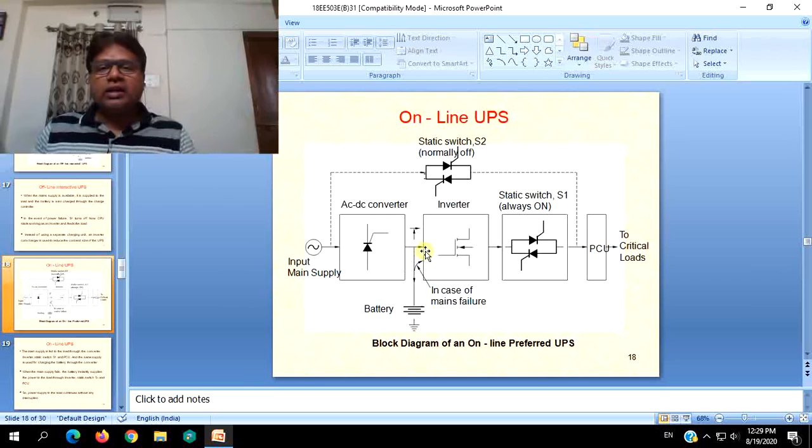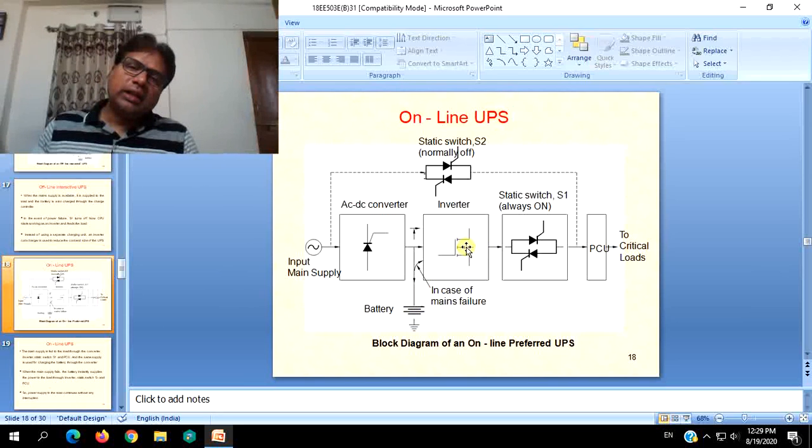And when the actual supply control unit fails, that is when there is no output coming out of the inverter, then this static switch S1, which is always on, will turn off or open. Now it will be open. As this static switch S1 gets open, that will be sensed by S2, then it will close its terminals. Input supply AC will be straight away fed to the load only during such conditions.